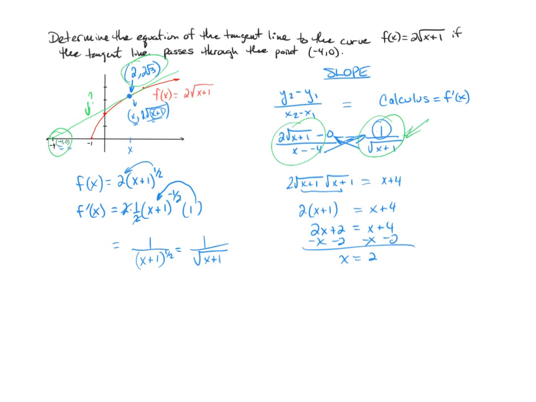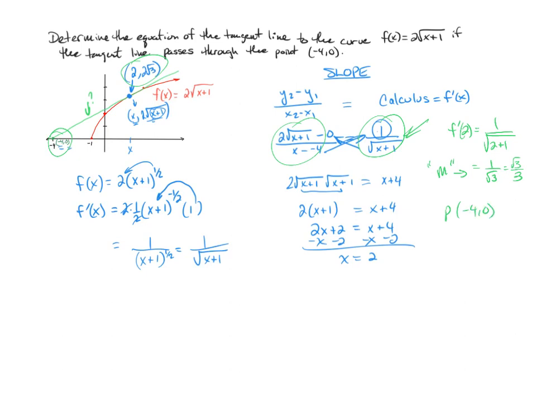So the slope of that line at x equals 2 would be f prime of 2, which is simply 1 over the root of 2 plus 1, which is 1 over root of 3. And I don't care if we leave it that way. Maybe we could write that as root 3 over 3 to clean it up, rationalize the denominator. So that is our slope, our m, if you will. And we have a point at